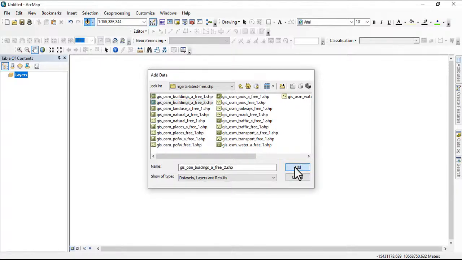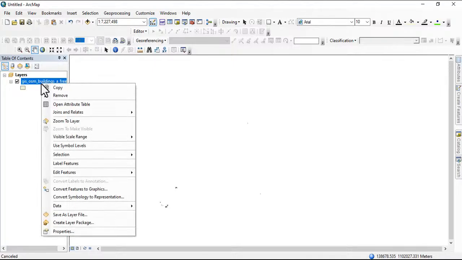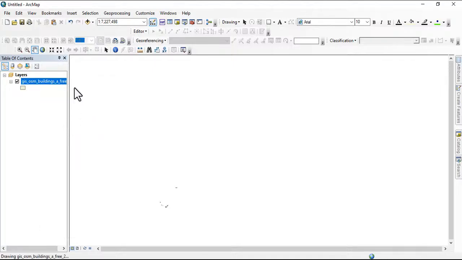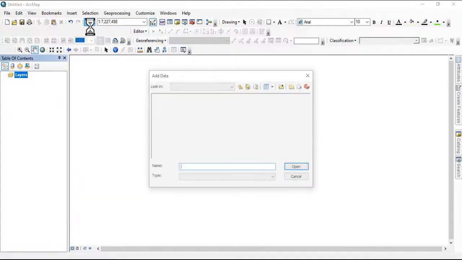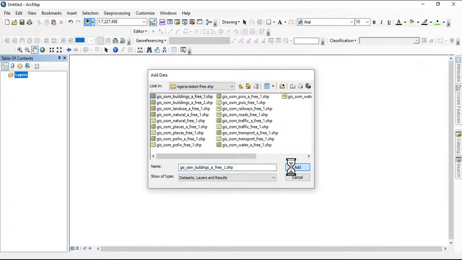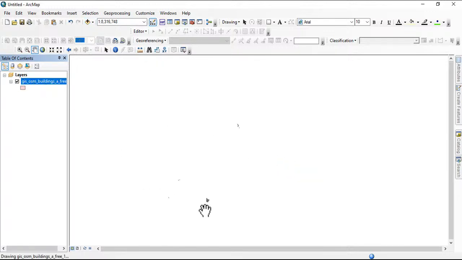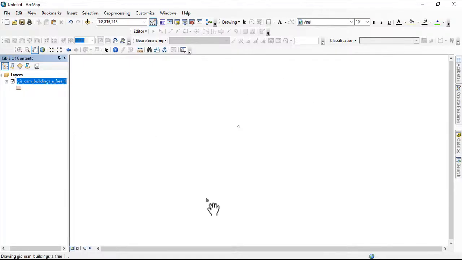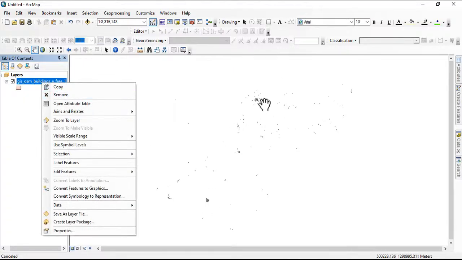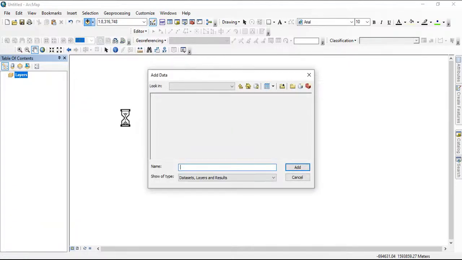All right, so let me add and see, though it's quite heavy. You can see it building up here. It's popping up, it's heavy, and I believe you are seeing that. I didn't want to make my system go slow, but you can see that it's building up here small. Now let me bring in